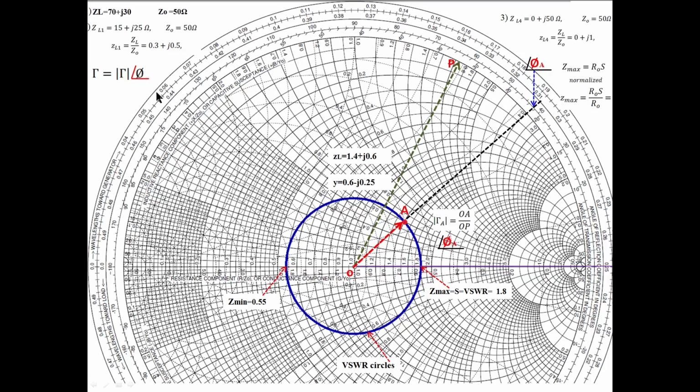To find the phase, you extend the line passing through the load point to the reflection coefficient angle scale. So this is the reflection coefficient angle scale. It cuts the scale somewhere. You note down the reading there. That gives the angle of the reflection coefficient, this phi a. I have not written it here because I don't know the scale, and I cannot use it on the software on this system. All of you must do it on your hard copy. Take a hard copy and measure it. That is the reflection coefficient. Like that we can easily measure.